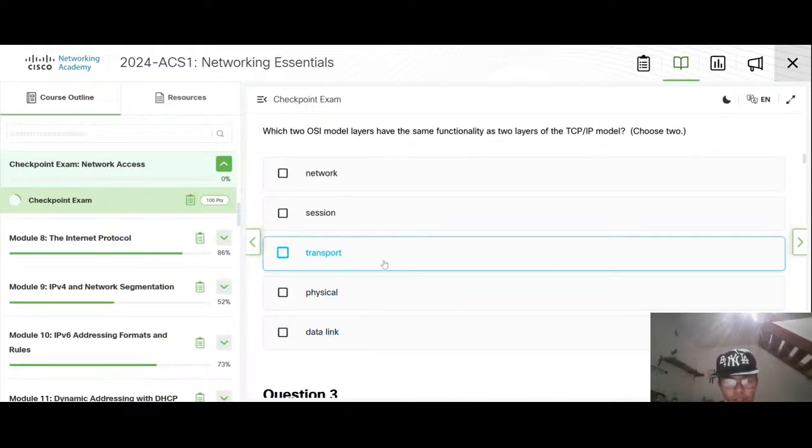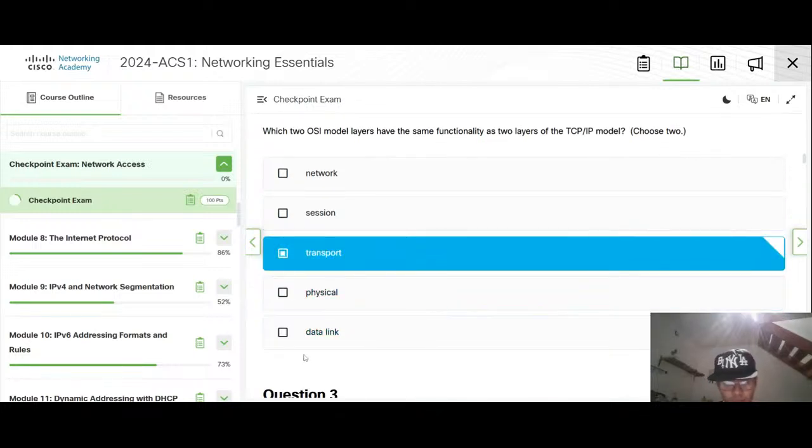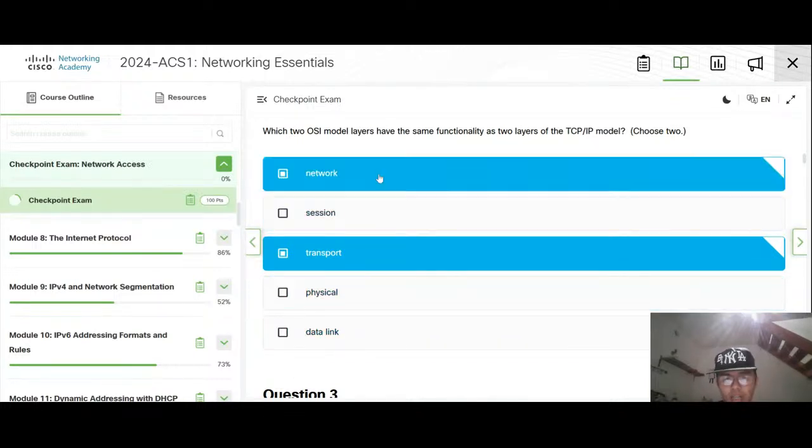It is transport, which is transport. These are the network access and network as well.